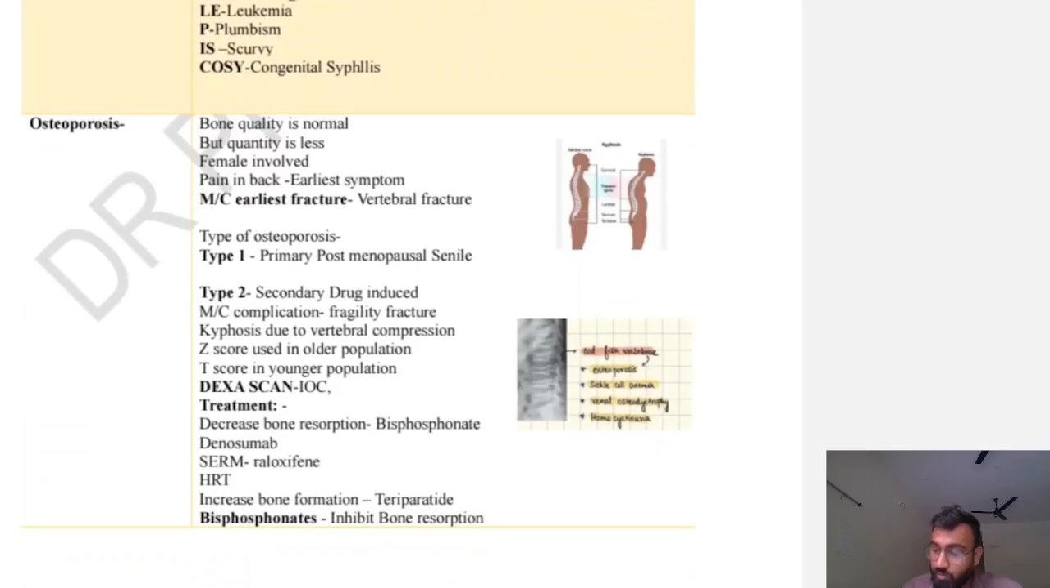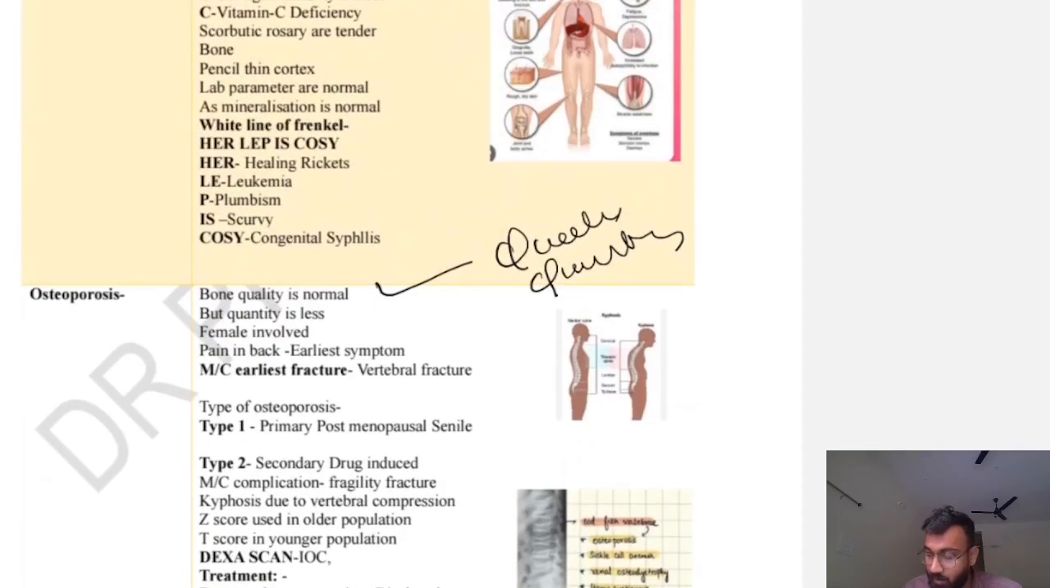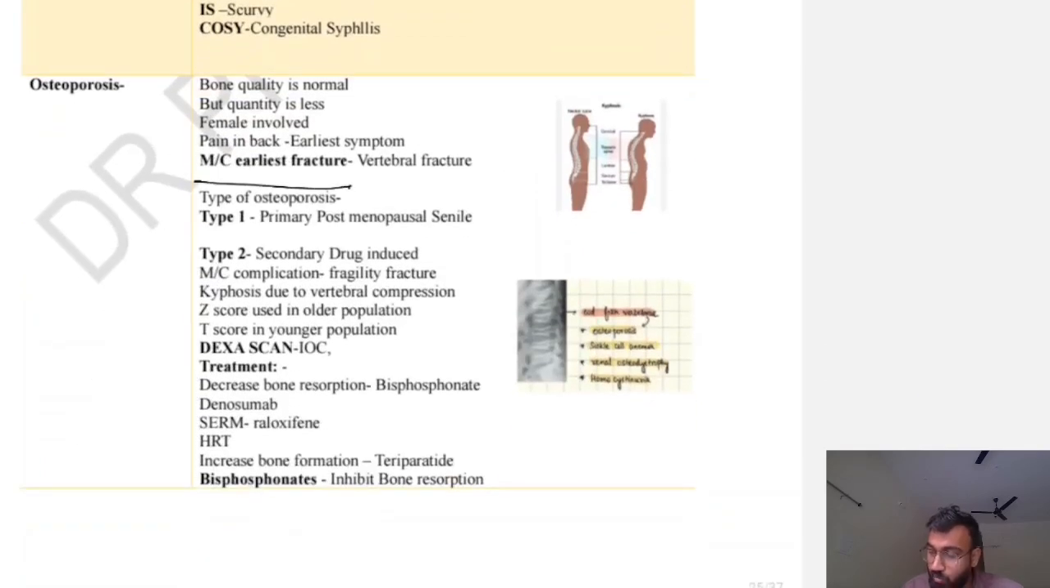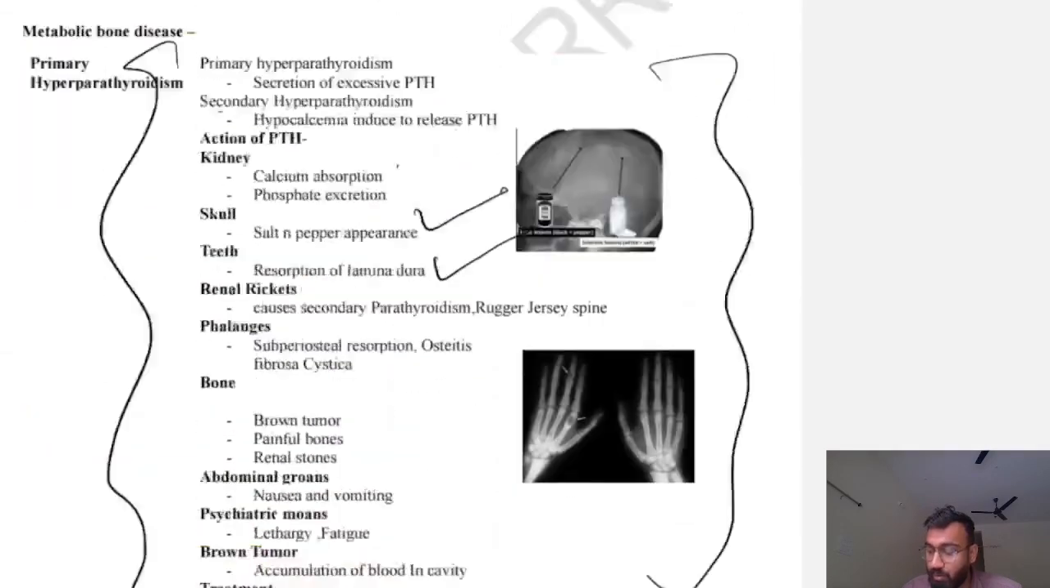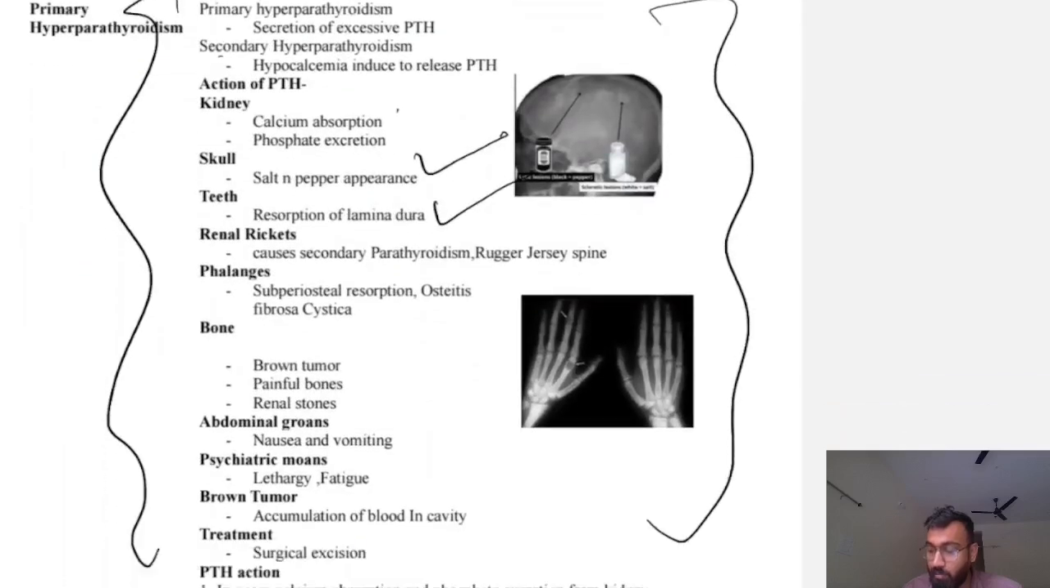Next is osteoporosis. So in osteoporosis bone quality is normal, but quantity is decreased. Every parameter is decreased. Okay, pain in back is the earliest symptom. Most common earliest fracture is vertebral fracture. There are two types of osteoporosis. So are you getting this? Metabolic bone disease, first is